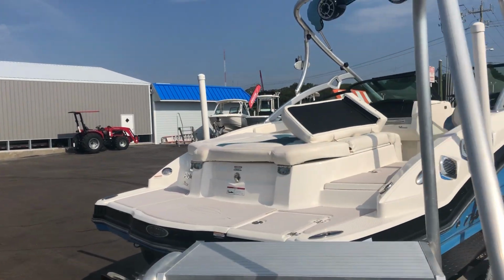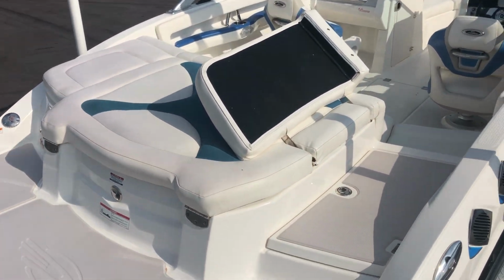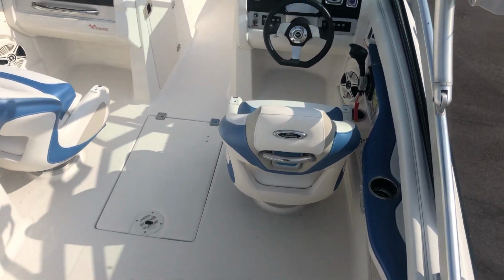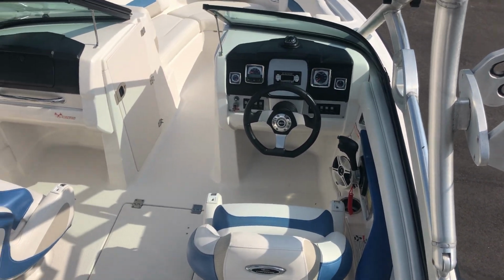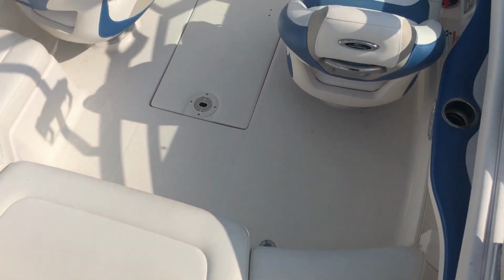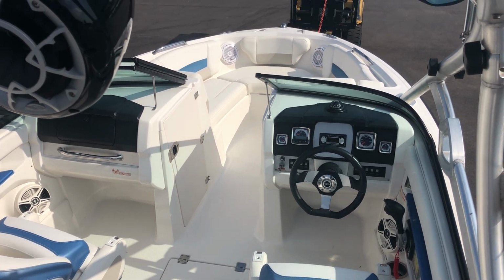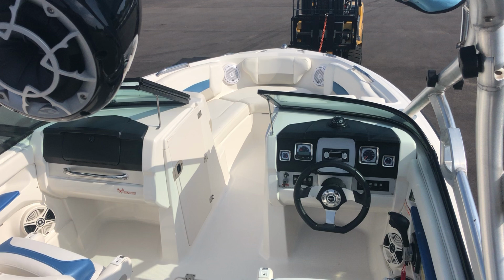big sun pad on the rear of the boat, easy boarding through the companionway into the cockpit of the boat, his and hers bucket seats, helm, nice storage area underneath the passenger side console, wraparound seating in the cockpit, in-floor storage, as well as a large bow seating area with room for 3 adults comfortably to sit, and a JL Audio